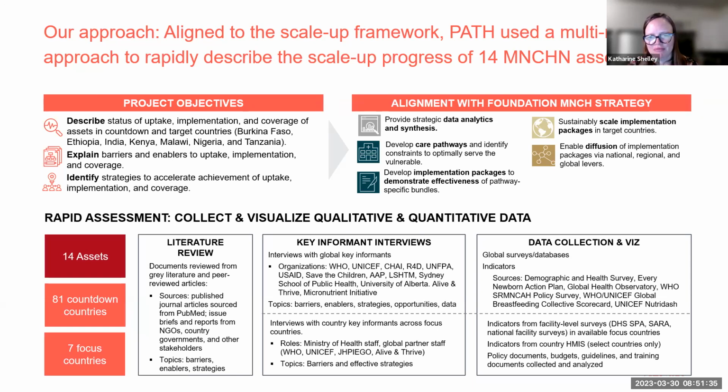We were rapidly looking at the literature for each of the 14 assets that were chosen for that phase, and I'll say a bit more about those assets in a moment. But that included peer-reviewed and gray literature. And it really wasn't about efficacy of the assets. Most of the assets here have been around, some of them are newer, but we were focused on barriers, enablers, and strategies. So really looking at the implementation approach of what was going on with those assets and why weren't they going to scale? What were those challenges and barriers?